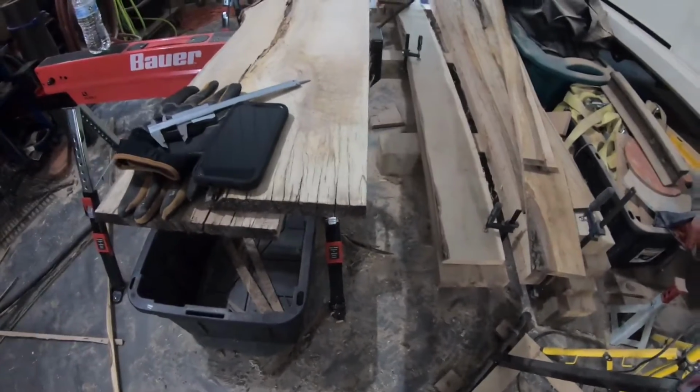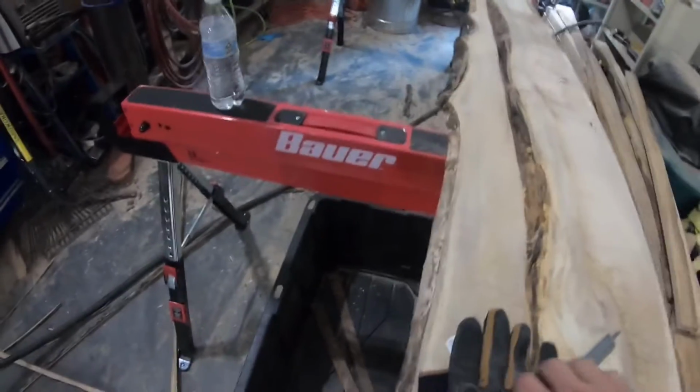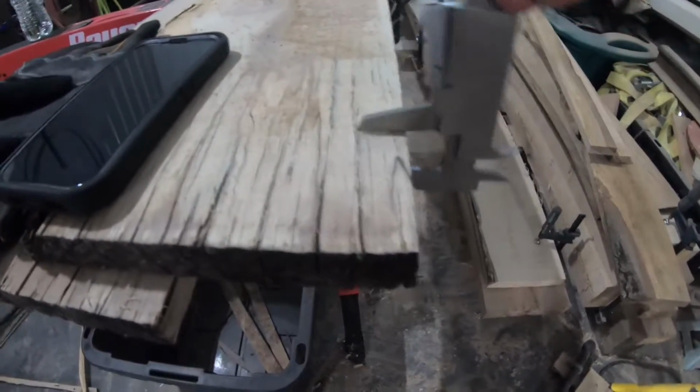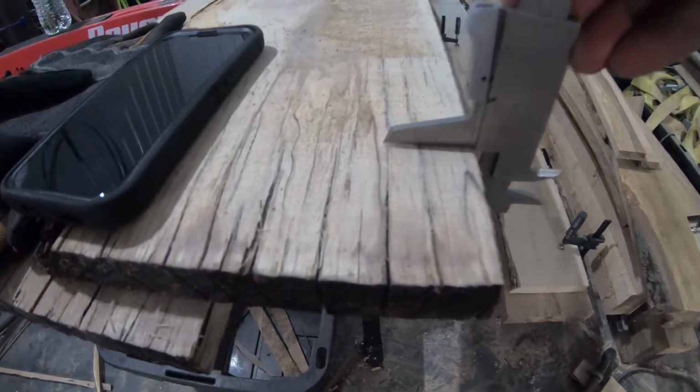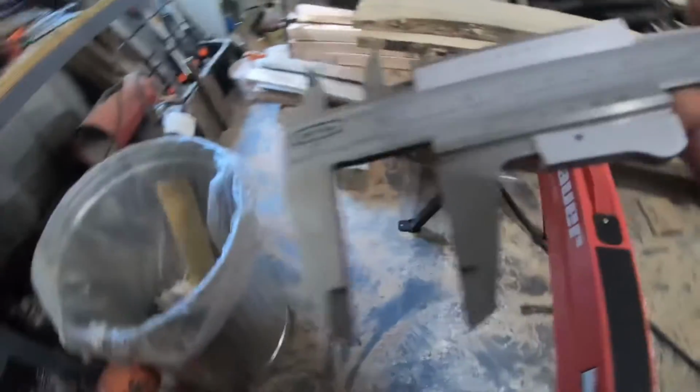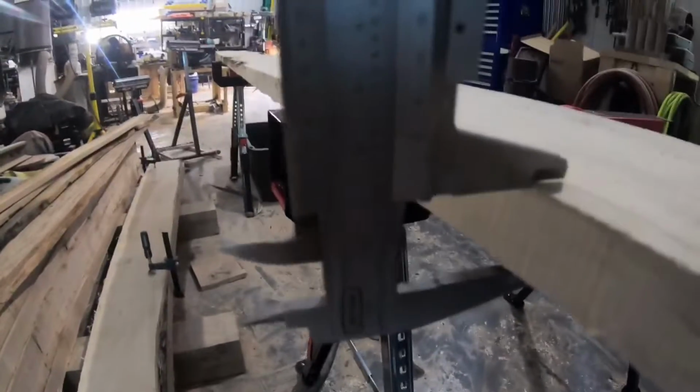Okay, so check this board out. And of course, we're using our new Bauer Harbor Freight sawhorses instead of our trash can and welding table. But we cut these at about 7/8. And so you can see how that fits on there. That's sucked up tight, and it's just over 7/8. But I can get my digital one out that actually can give you the number. If you come down here and look,